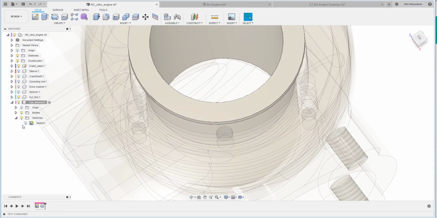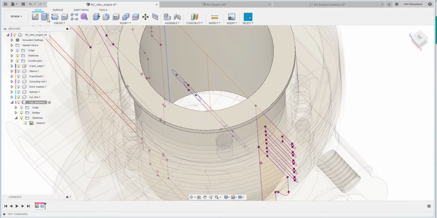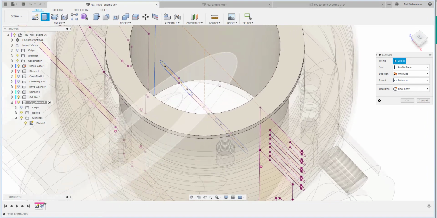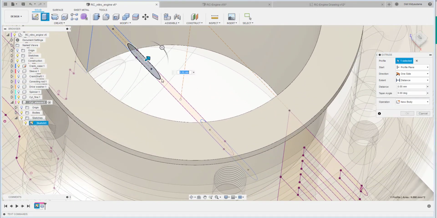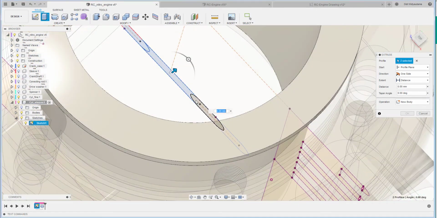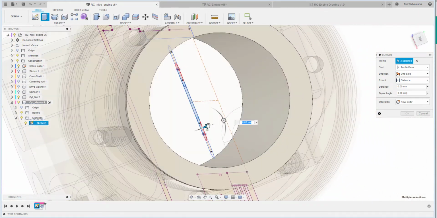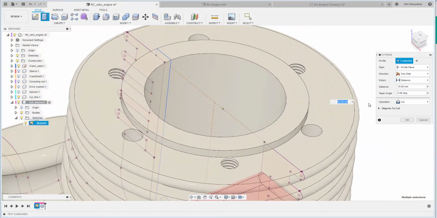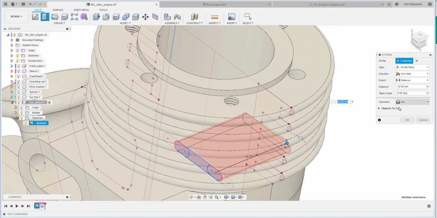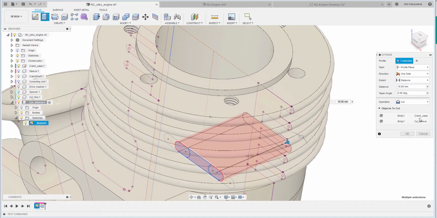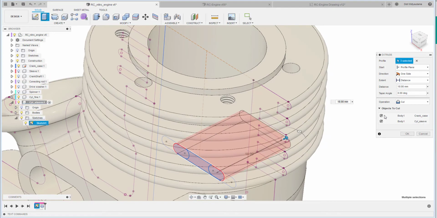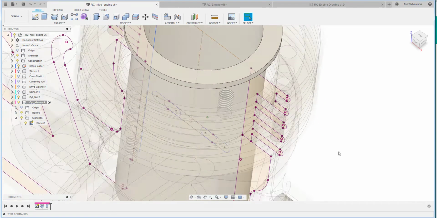I turn on the sketch, and let me use that one first, this one, and this one for the first one, and then we go through over there and we make sure to cut only the cylinder sleeve, so you uncheck this crankcase. Okay,